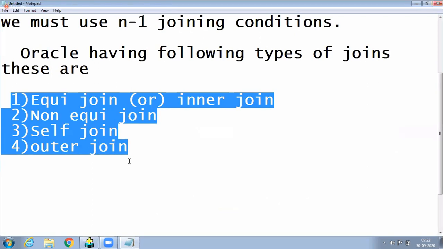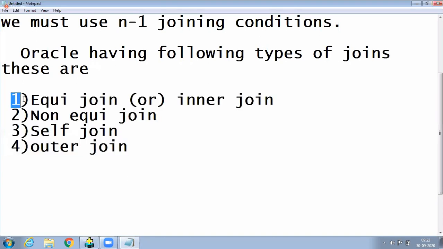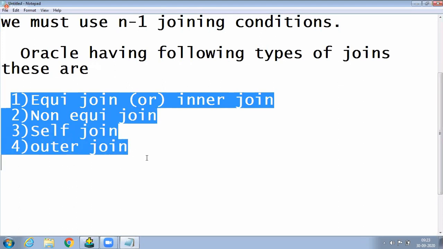That's why in demo classes I am telling the versions: 1.0, 2.0, 3.0, 4.0, 5.0, 6.0, 7.0, 7.1, 7.2, 7.3, 8.0, 8i, 9i, 10g, 11g, 12c, like this. Up to Oracle 8i version, sorry, up to Oracle 9i only these four joins are available.